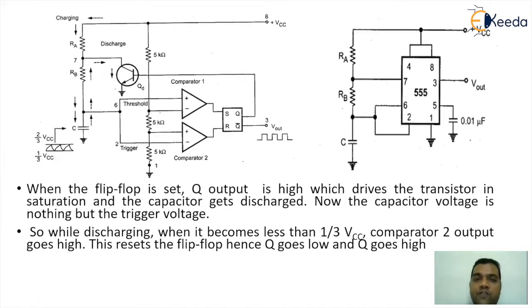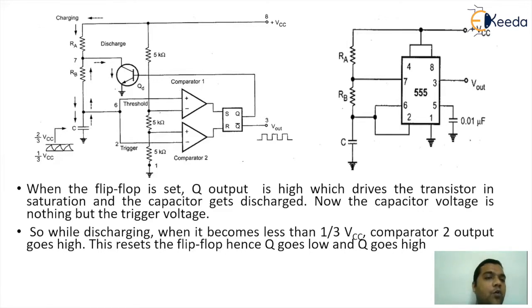So if your observation is very sharp, this cycle of charging and discharging will continue, and the simultaneous impact will be there on the output in the form of Q bar. So this is the way the entire system is going to operate and will give you rectangular pulses.